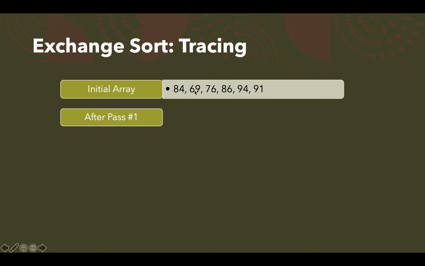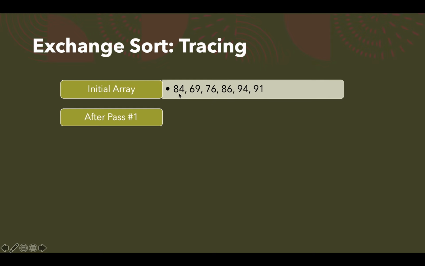So 84 is greater than 69, so it is not swapped. Then 84 is compared with 76, again 84 is greater than 76, so this is not swapped. 84 and 86 is compared, and you can see 84 is less than 86, so it will be swapped. 84 and 86 will be swapped.